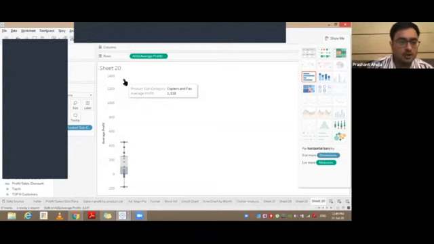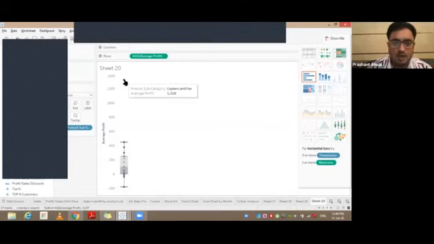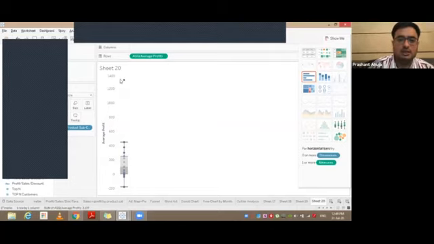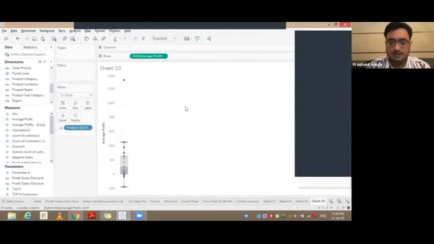What if it was cost? Then it would have been an alarming situation as to why the cost in this particular subcategory is highest, and we need to do something about it. And that's where the visualization is useful, because it pointed out the right thing. So this is basically a chart which is used to show outliers, and it's very useful for you to convey the messages, to focus on the right areas.